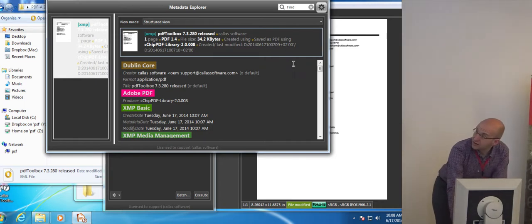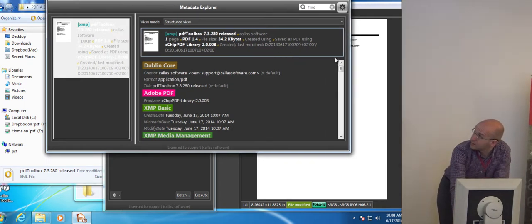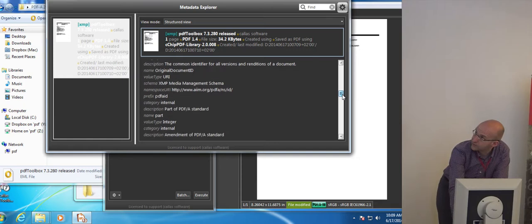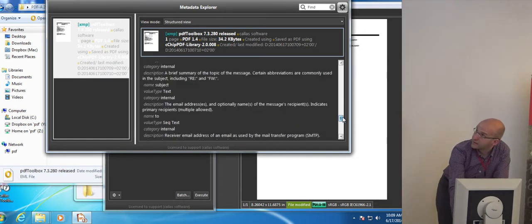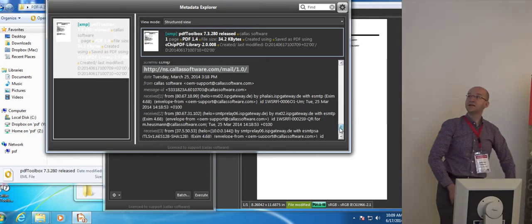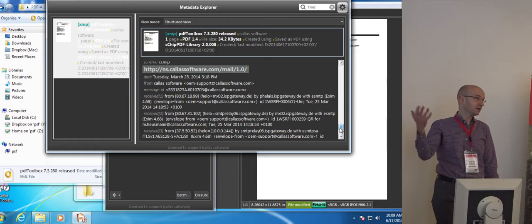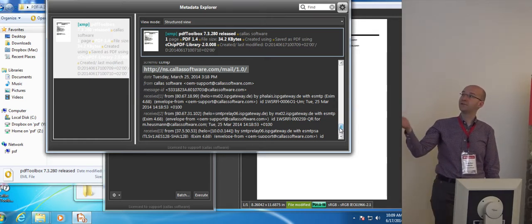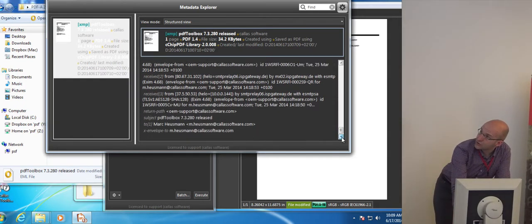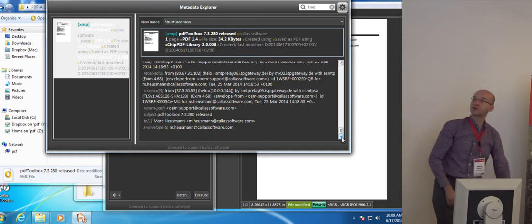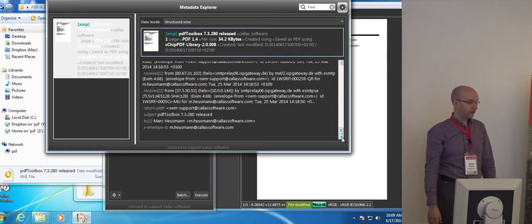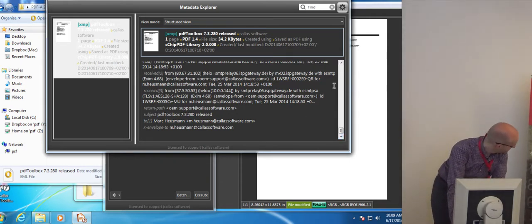So I changed here to the metadata explorer, like we call it, and there's the normal XMP stuff from the conversion. And here we have a new namespace introduced, where you have all the relevant header data from an email, which is somewhere in the headlines. You have the date, you have the from, message IDs, received from which servers, which time, which return paths, which sender, which addressee, which subject. All this is stored also in the XMP data of the actual PDF.